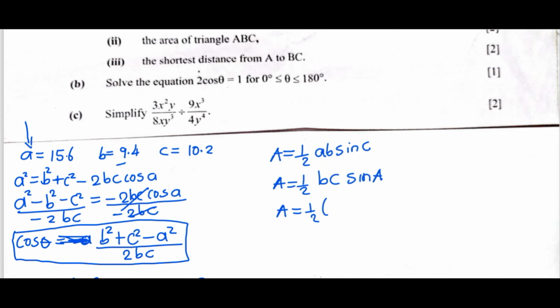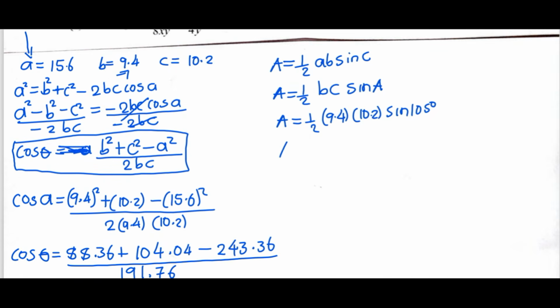What's our B? Our B is 9.4. Then what's our C? 10.2, sine 105. So we can now do mathematics. 9.4 times 10.2, then sine 105. So I'm getting